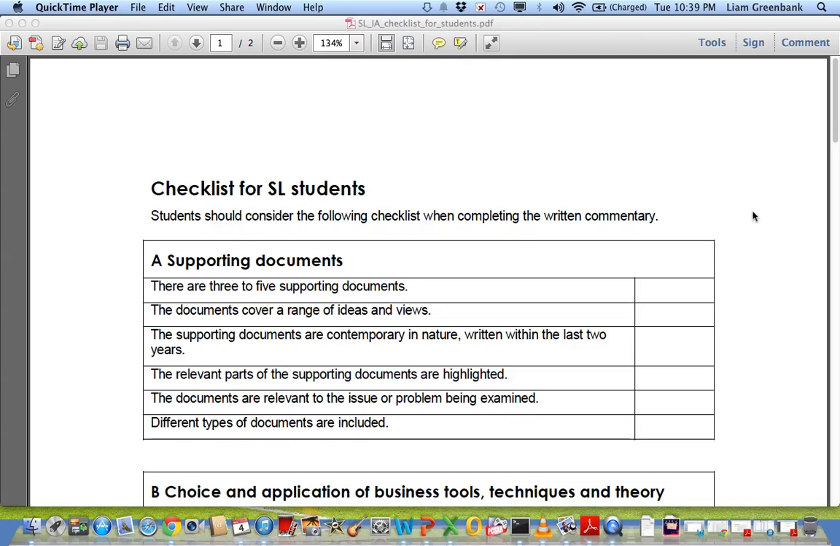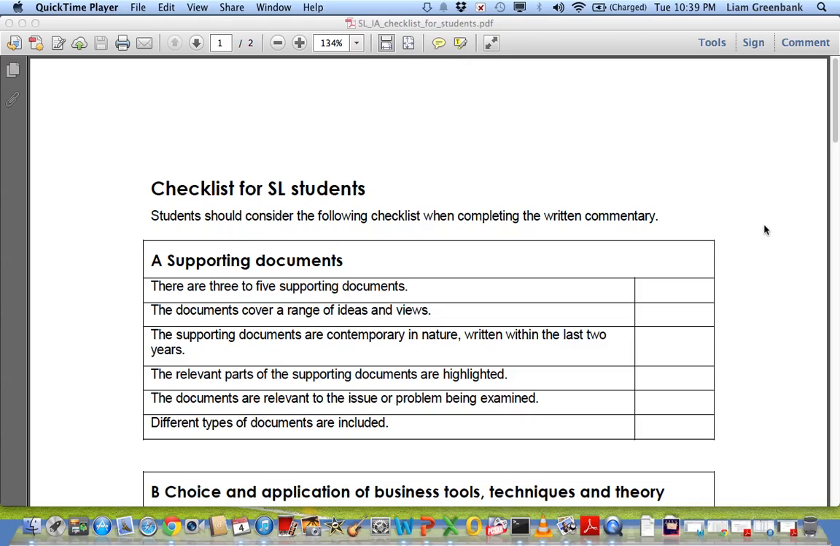that lists how to lay out the IA. It gives you example SLIAs, good example SLIAs, and this checklist that you see in front of you on the screen now. So obviously each individual investigation is different, so each one is going to be marked uniquely in that sense, but they all follow the same checklist and the same marking criteria. So if we look at some of the basics on the checklist here, so we have